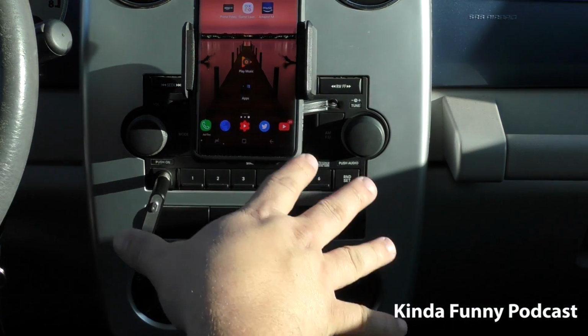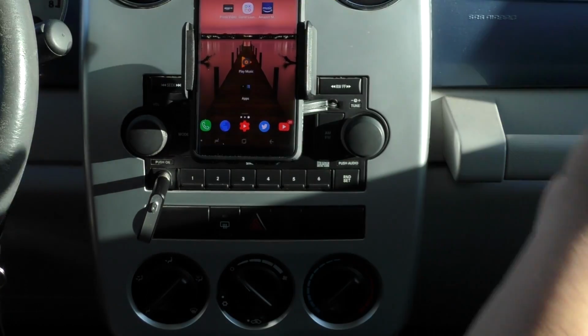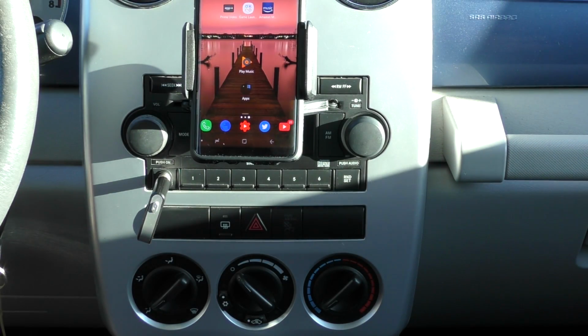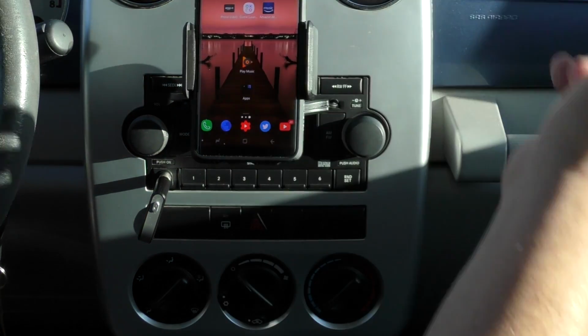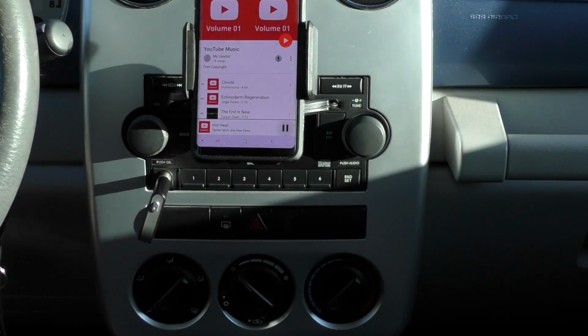So there you have it. That's how it sounds when you're actually listening to podcasts, which sounds really good on old stock hardware, which is really weird, right? That's cool. And of course, if I want to listen to music,